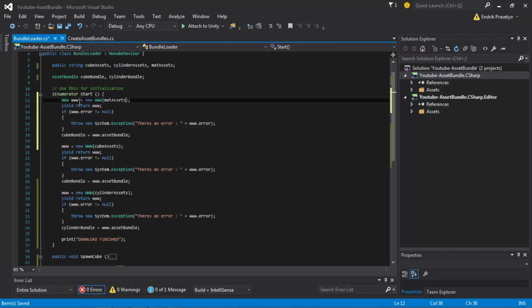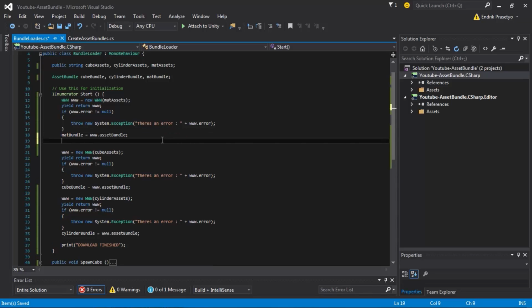And now we need to reference our bundle to a variable. Let's create a new variable here. And mat bundle is equal to assets bundle.